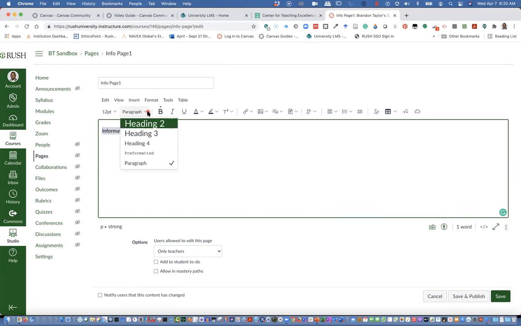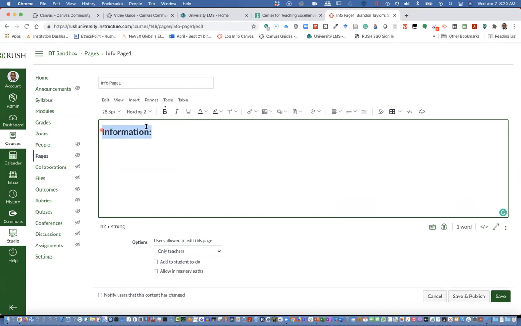We can change the heading of that if we wanted to. We could change the color if you wanted to change the color. Okay. And then